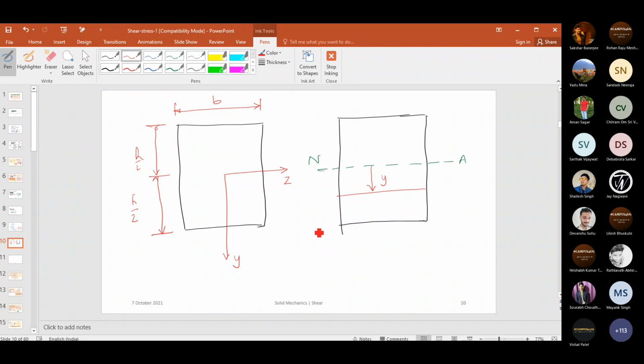Now from the neutral axis, since it passes through the CG, this is h by 2. So this distance will be h by 2 minus y. Now, if you consider only this area,